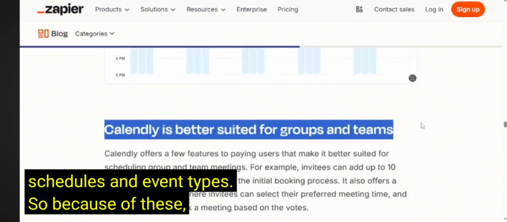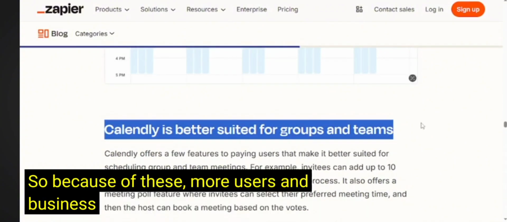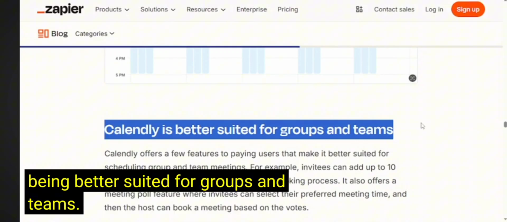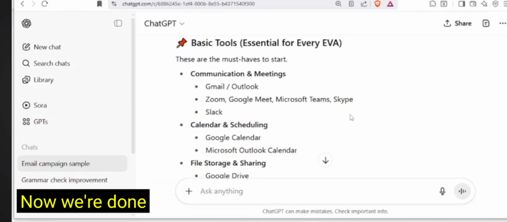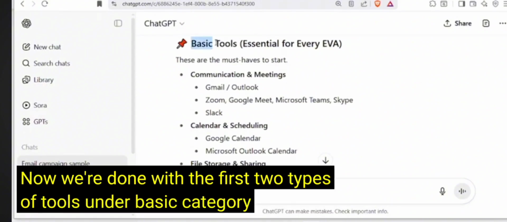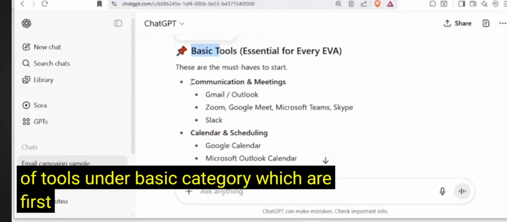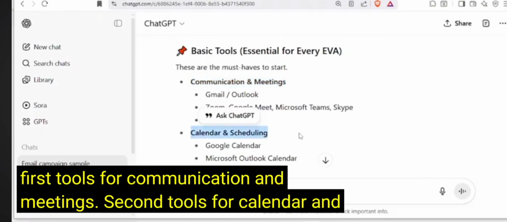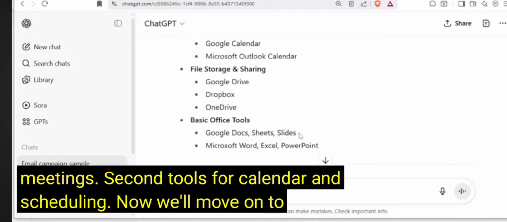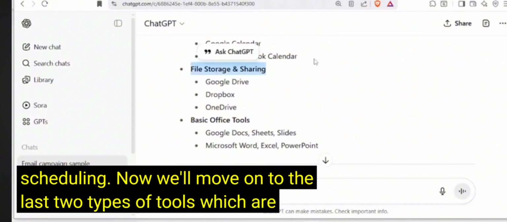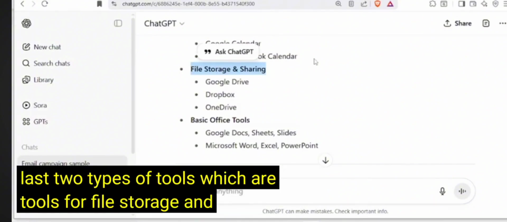So because of these, more users and business owners consider Calendly being better suited for groups and teams. Now we're done with the first two types of tools under the basic category, which are first, tools for communication and meetings, second, tools for calendar and scheduling. Now we'll move on to the last two types of tools, which are tools for file storage and sharing and